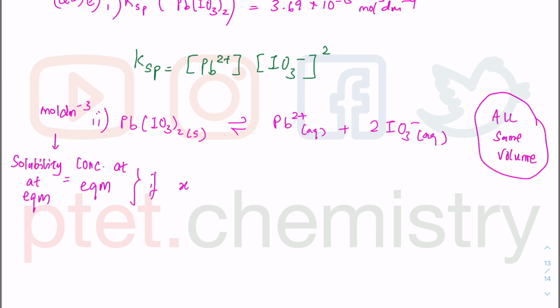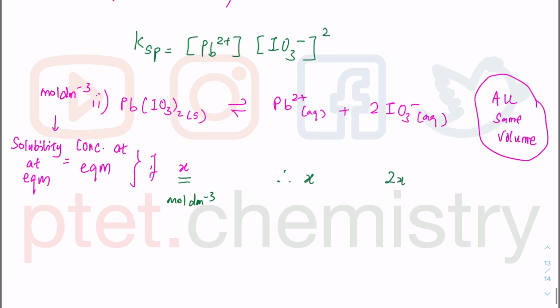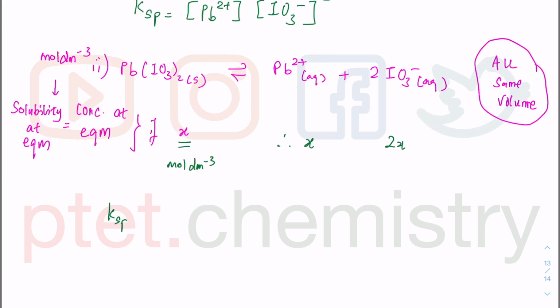So 1 mole of these will give you 1 mole of these and 2 moles of these in the same volume. So if this is X mole of it that dissolves in 1 dm cube, not very soluble, but some of it is soluble, X mole of it is soluble in 1 dm cube. Therefore, you will get X mole and also 2X mole per dm cube. So your Ksp is going to be